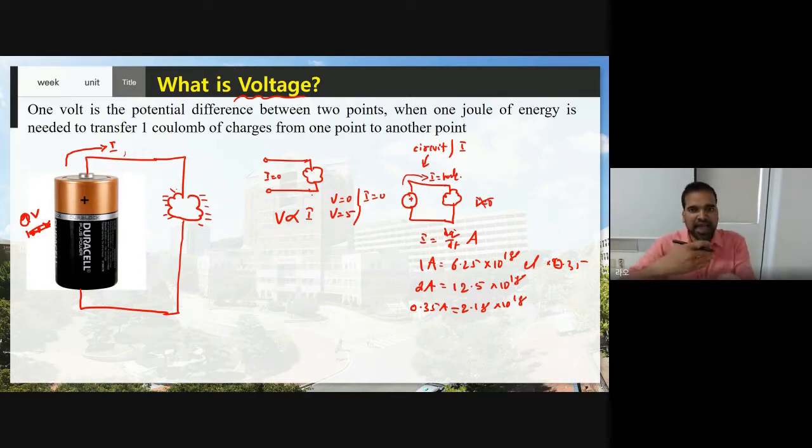That means the electrons are traveling from one place to another place with a high speed. That means current is also increasing. So whenever you apply more voltage, you can see the electrons are moving very fast. So voltage is nothing but what? Push the electrons with some speed.